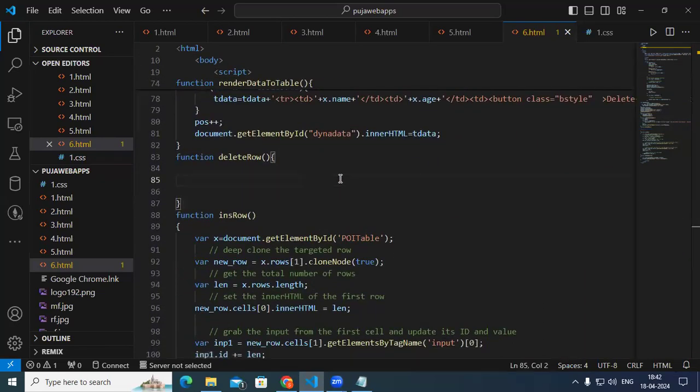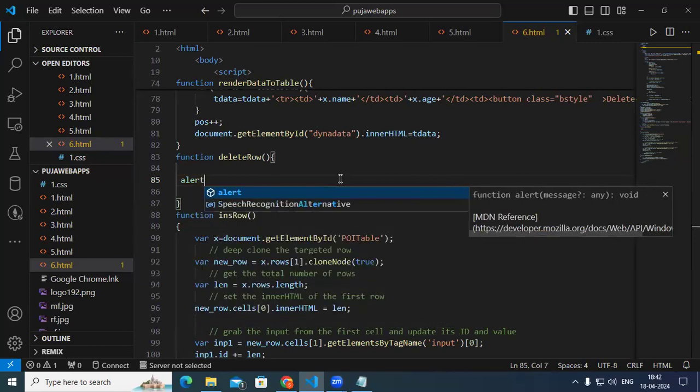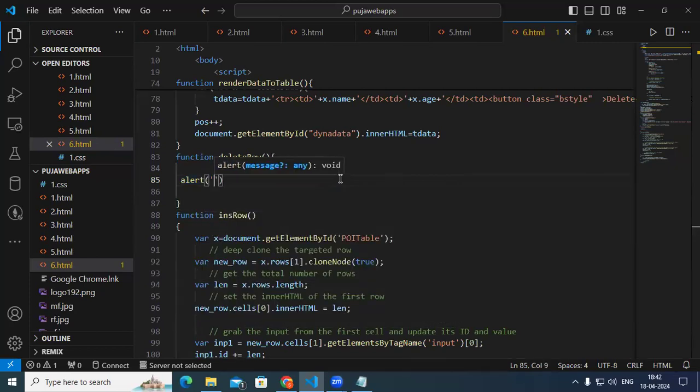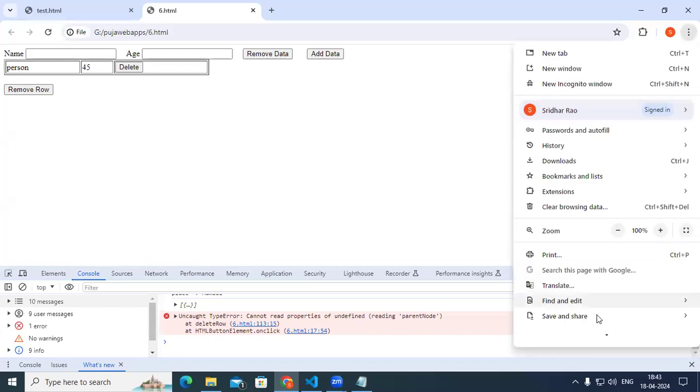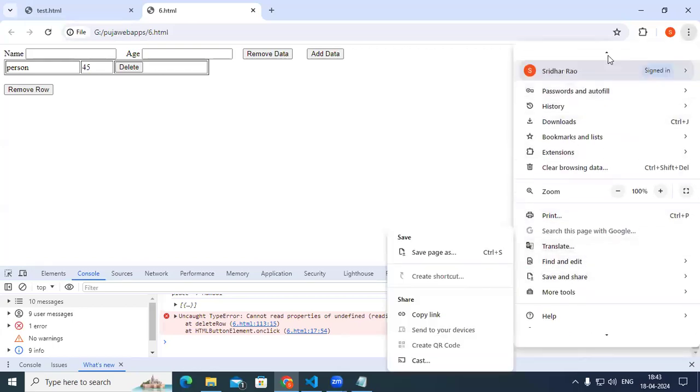sometimes we face a caching problem also. Alert here, deleting a row. This message, first of all, let us try to print in this. I am invoking the delete row function. Okay, so let me go to this point. Then here first, I can go with the